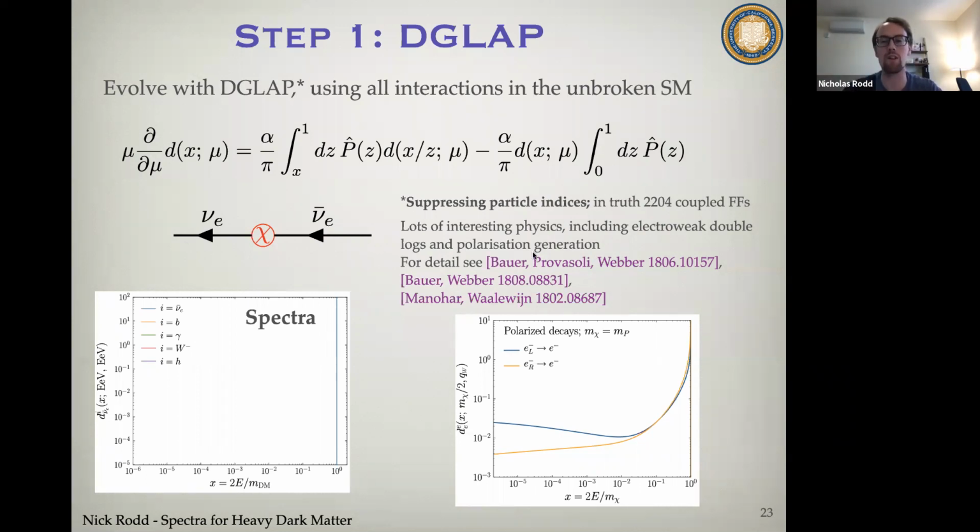Actually, we teamed up because I realized that these same observations they were using for the 100 TeV collider could be pushed even further and applied to the type of dark matter I'm interested in here. So it's not just the flavor indices that are going on here. There's a lot of other interesting physics. So, I mean, famously, the electroweak sector will generate double logs because there's incomplete cancellation between the real and virtual contributions. And then furthermore, due to the chiral nature of the electroweak interaction, you can actually generate polarization through the evolution. And this was a point that was first noticed in this paper by Anish and Valter.